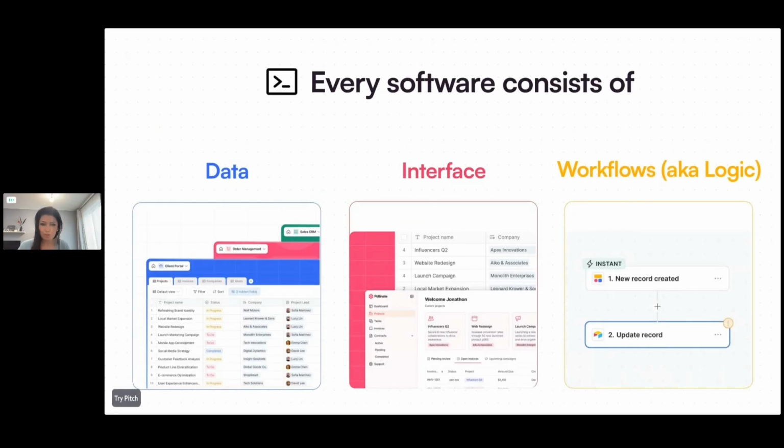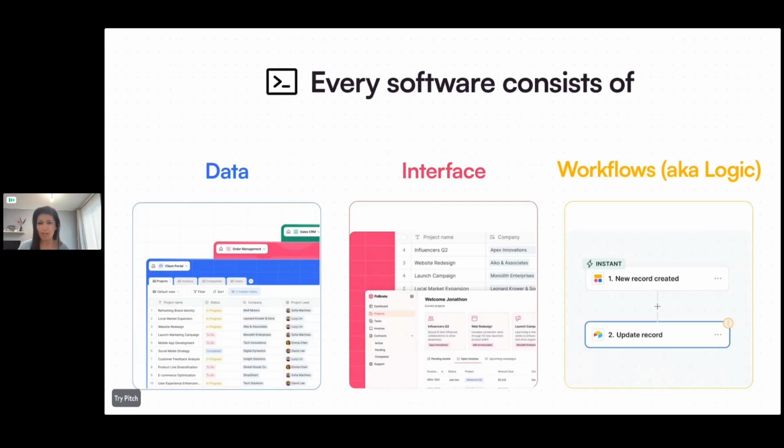Every piece of software consists of three main pieces, right? The database is the place that stores and manages the application data. It defines the structure, the permissions, and allows you to get insights from all of that data. Then there is the interface. Every form, every transaction, every user action becomes a data point in your database. Interfaces are the UI for people to interact with that structured data.